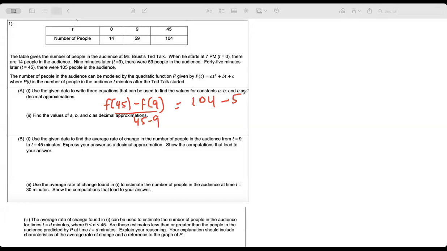Minus 59 by 45 minus 59. Okay, show computations that lead to your answer. So you will have to be very clear with this. It is 1.25 will be the answer. Finally, what they are asking,